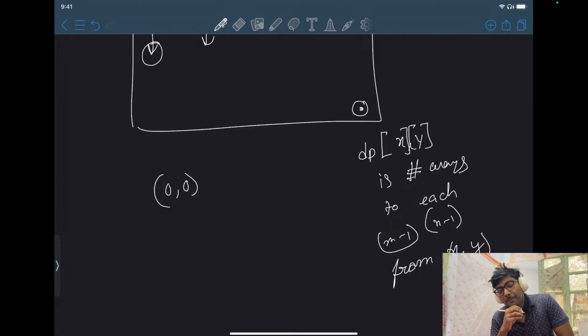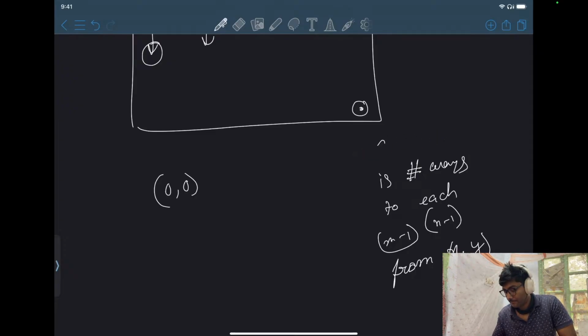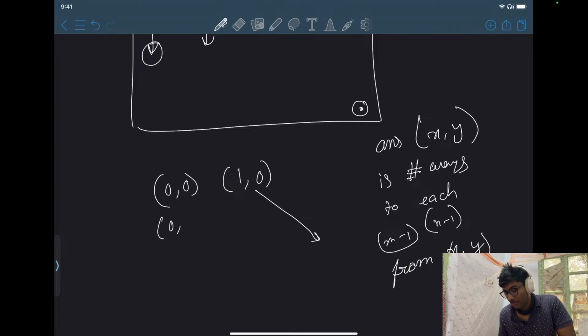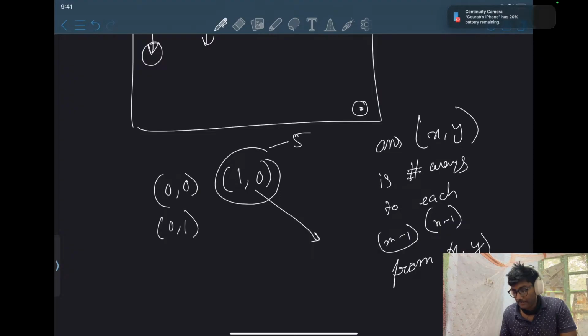Can I say that dp of 0, 0, or no, let's forget about dp. Can I say that the number of ways to reach from 0, 0 to m-1, n-1 is equal to the number of ways to reach from 1, 0 to this end and 0, 1 to this end. Let's say I know that you can reach the answer from this position in 5 ways, and I can reach the answer from,